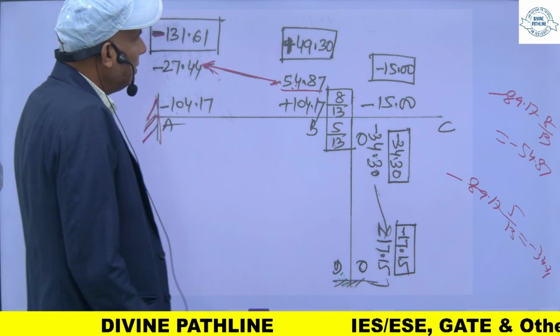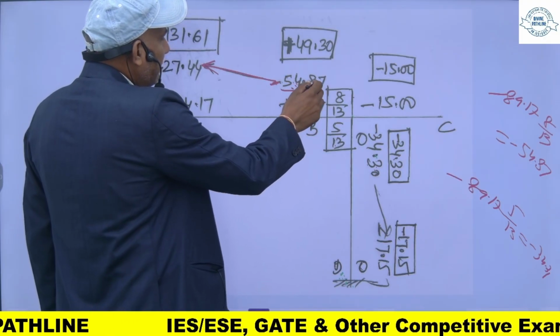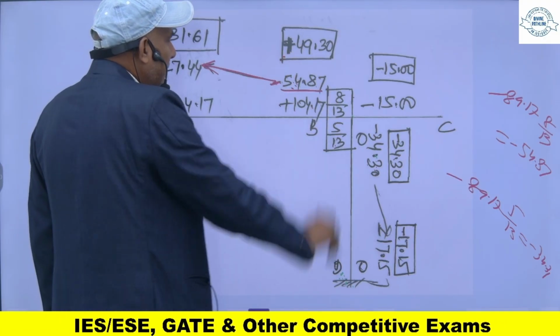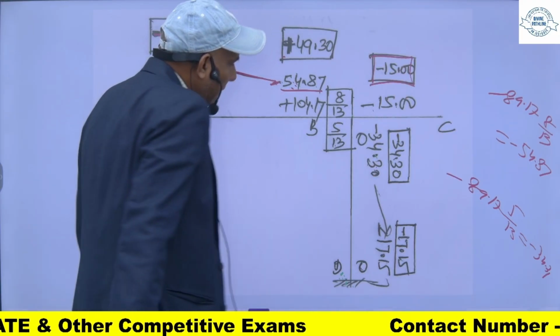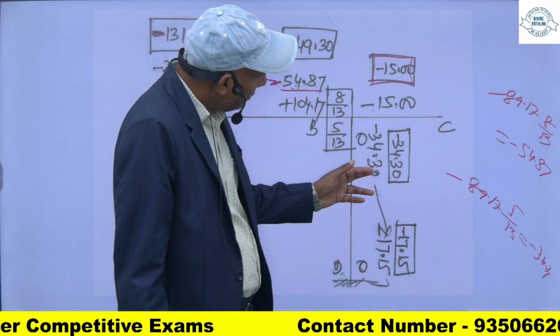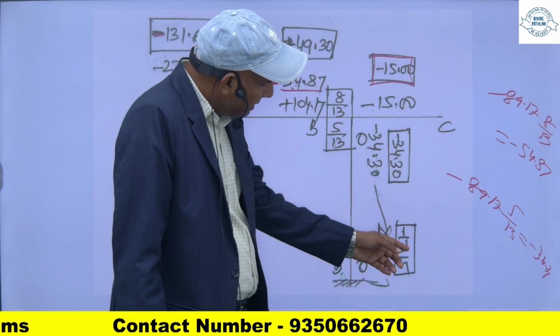Similarly, +104.17 और -54.17 you will get +49.30, ये मेरा -15 रहेगा, और यहाँ पर 0 और -34 इनका सम करेंगे, एंड सिमिलरली 0 माइनस दिस यू विल गेट।